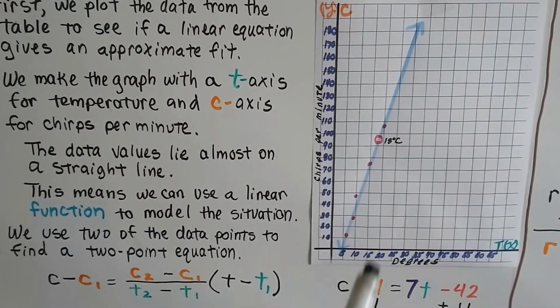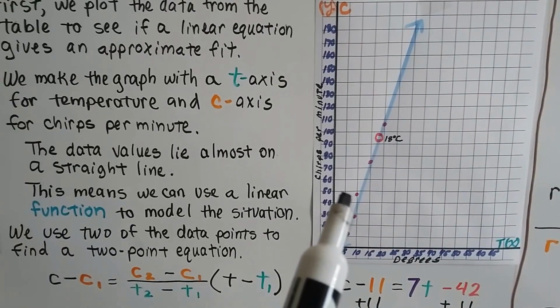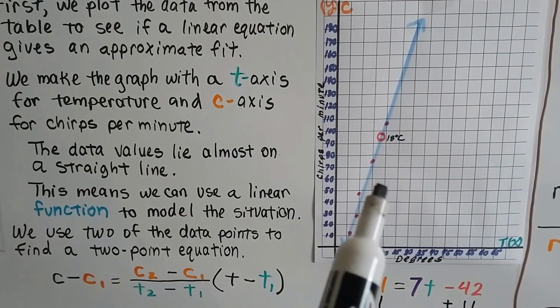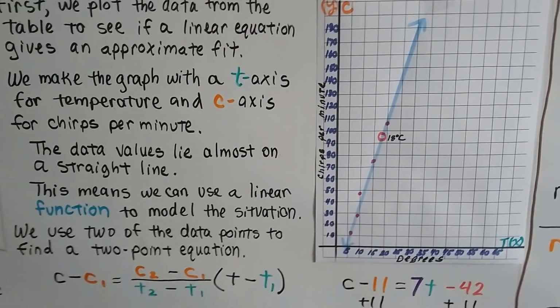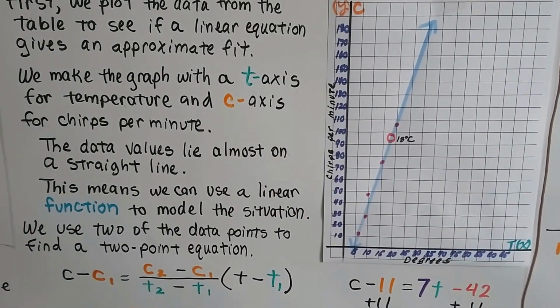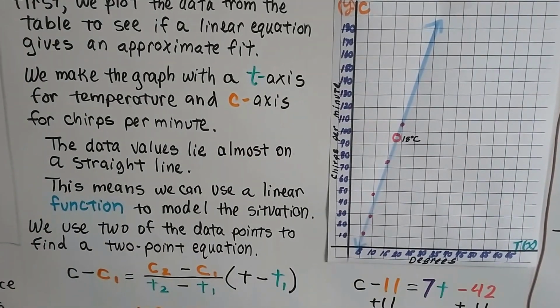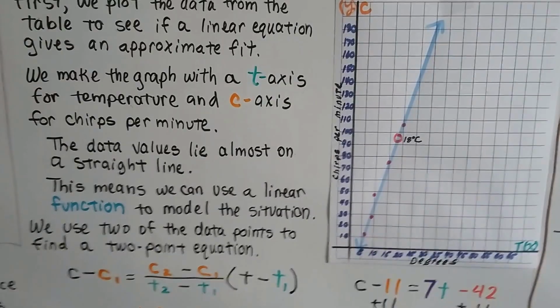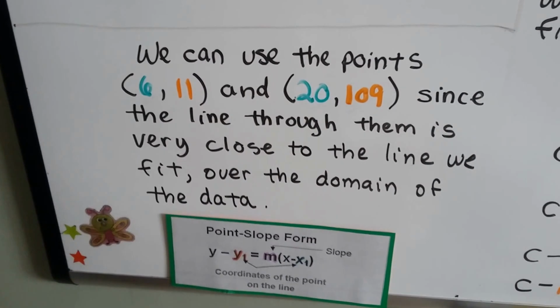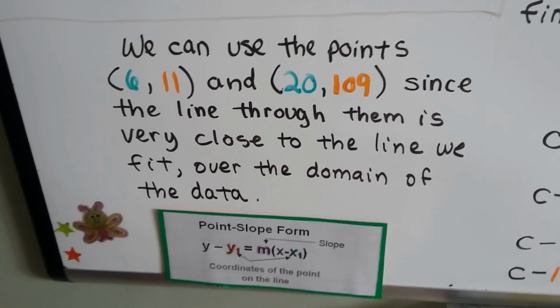They're a little bit off, but we learned in 8th grade math that if there's one point that's a little outside here, then we need to have another one a little outside on this side, and we come right up in between them. Well, this means we can use a linear function to model the situation. We're going to use two of the data points to find a two-point equation. So we're going to use for x1, y1, the 6 and 11, and for x2, y2, we're going to use